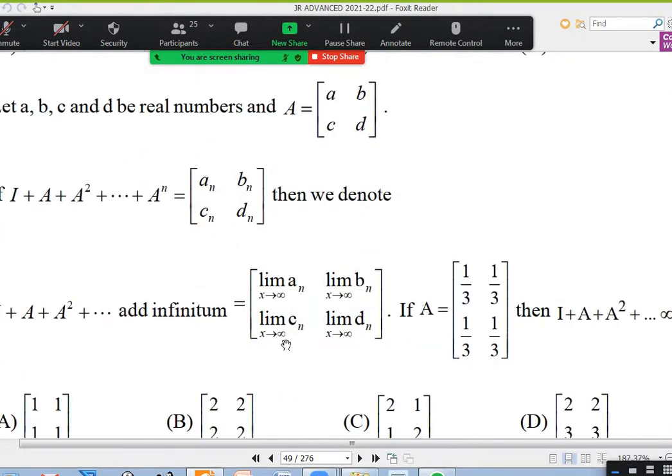Okay, this is about limits. Don't worry about the limits part, but still this question can be done based on infinite geometric progression. Somebody has doubt about 11? Yes, sir. What is that limits and all? Don't worry. Just take the final question: I plus A square, and so on forever.